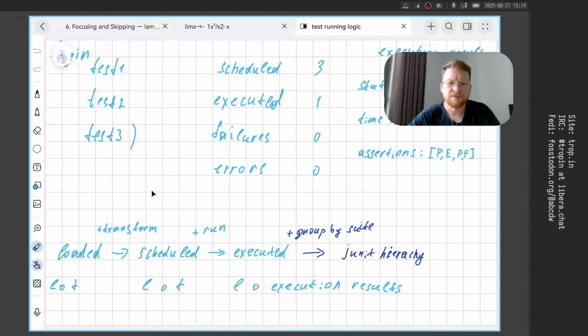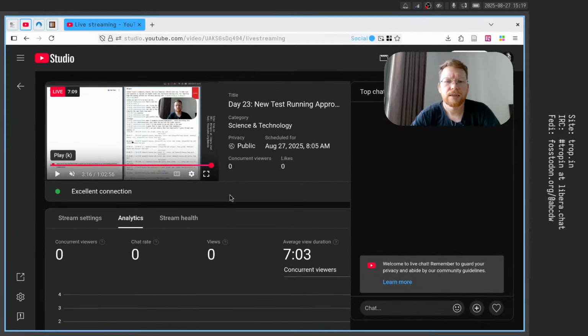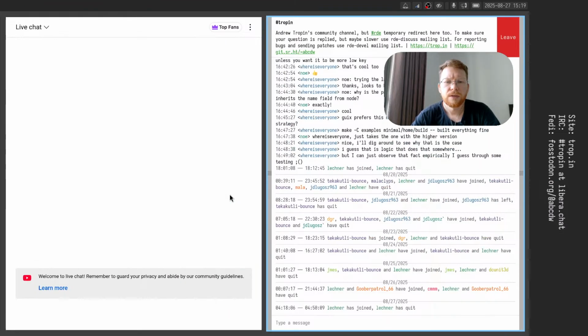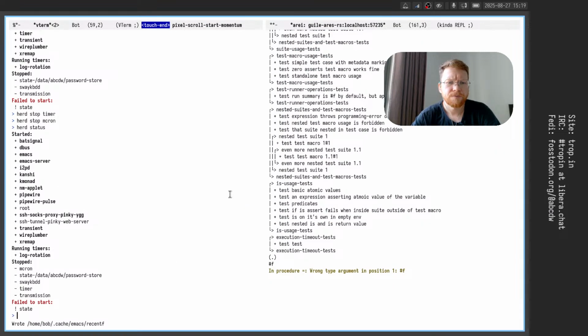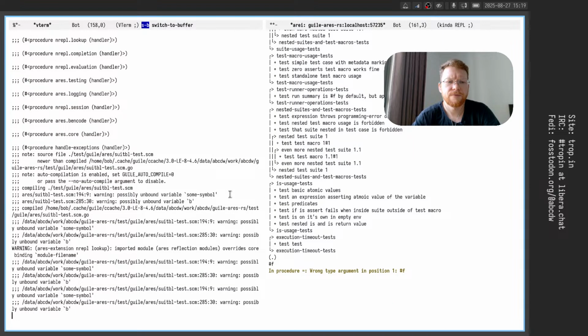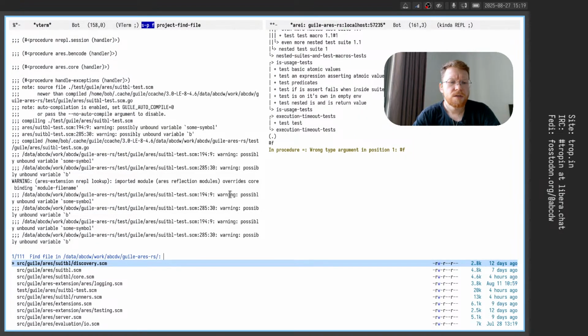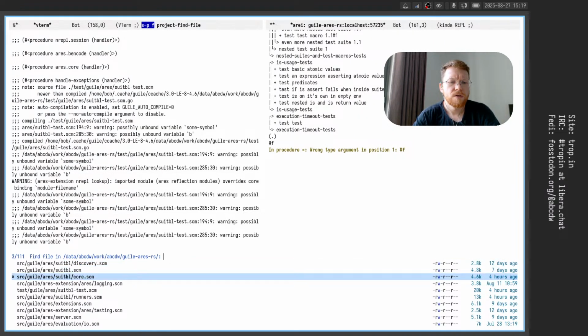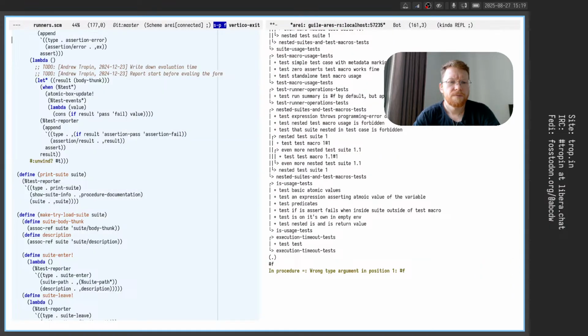Okay, let's implement something. I have this model which is called runners. If you remember,